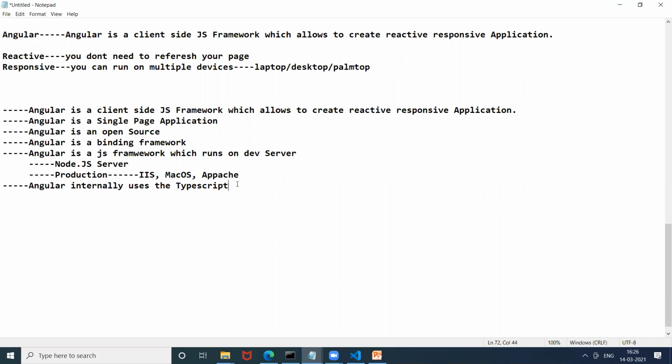It supports object-oriented programming. That is the reason, Komal, you have to learn TypeScript first before going into Angular, right? If you don't know a programming language, learn TypeScript first, right?